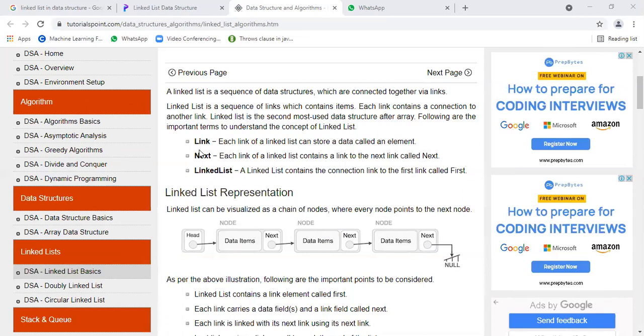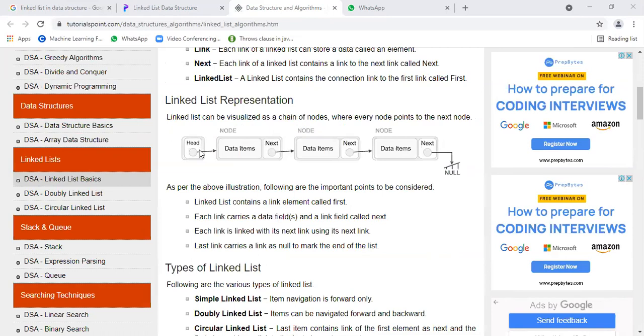For example, first of all, for every linked list we have a head node, or start node, or root node. Whatever the name, head, root, or start node, they are the same. I'll show you that also. So the head node or the root node is pointing to the first node. After that, the immediate node. So this is the node. A node consists of a rectangular box, so in the form of a rectangular box,